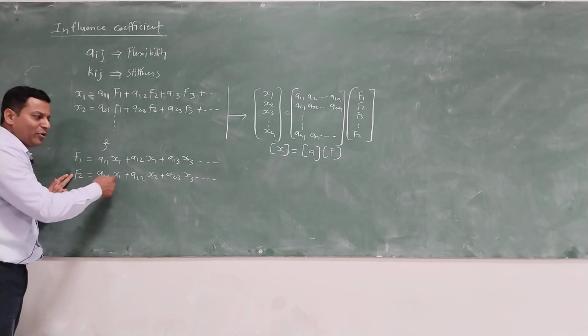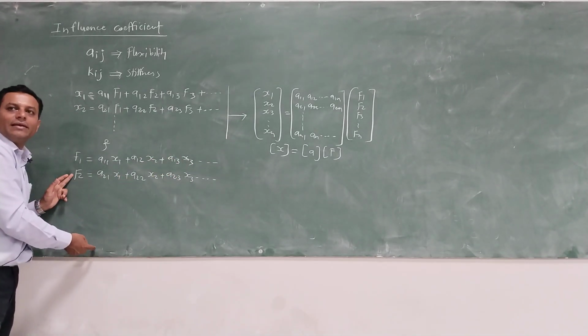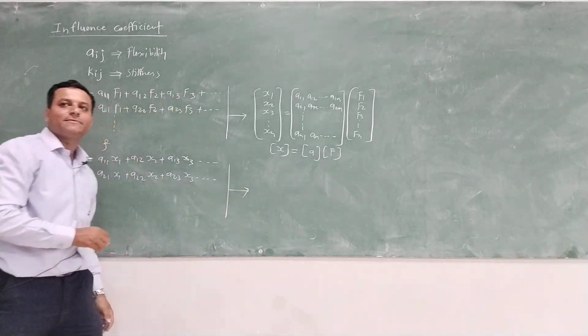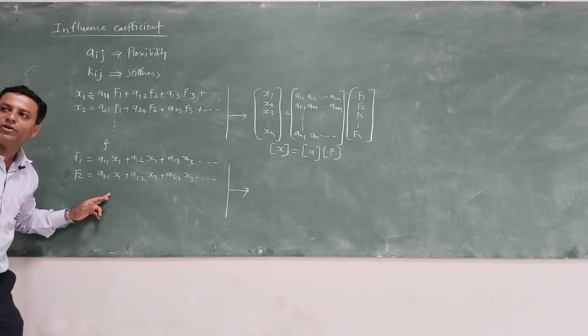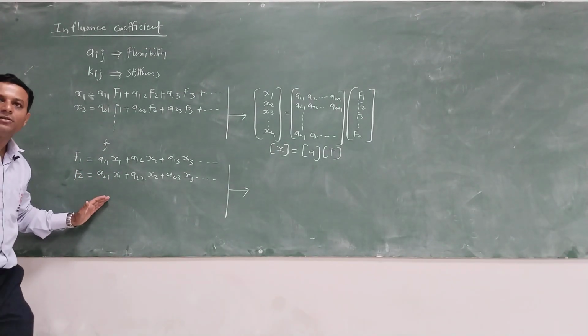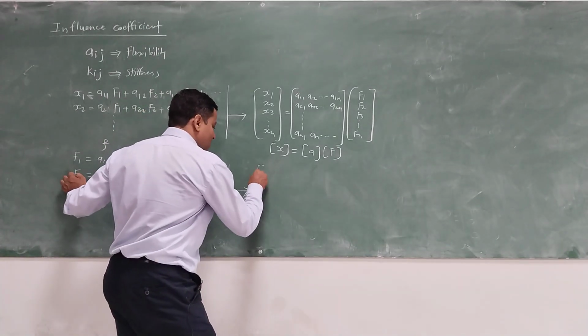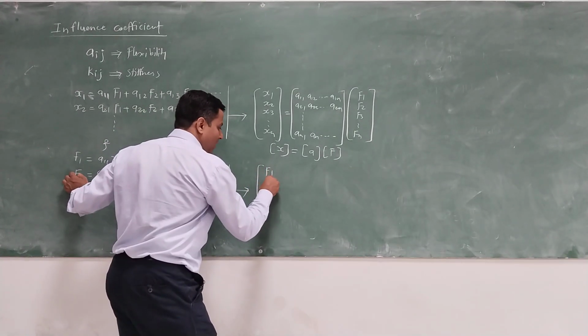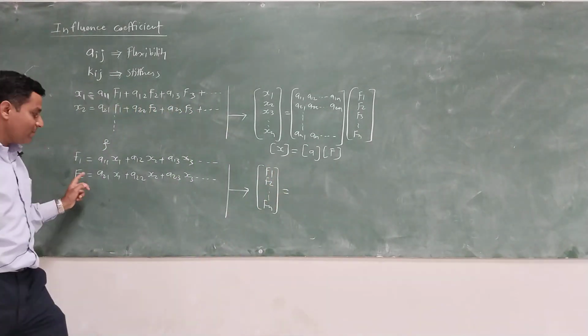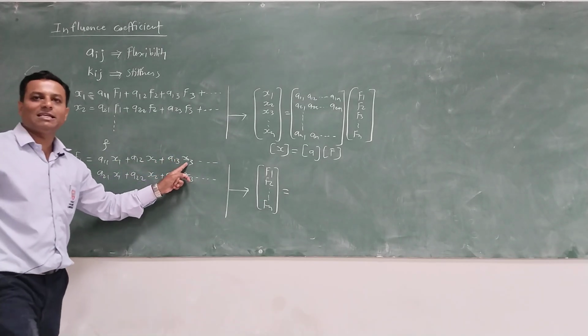Similarly, you can write f2 is equal to till n number of times. So if I want to convert these equations in terms of stiffness influence coefficients, we can convert all the equations: f1, f2 till fn will be equal to,